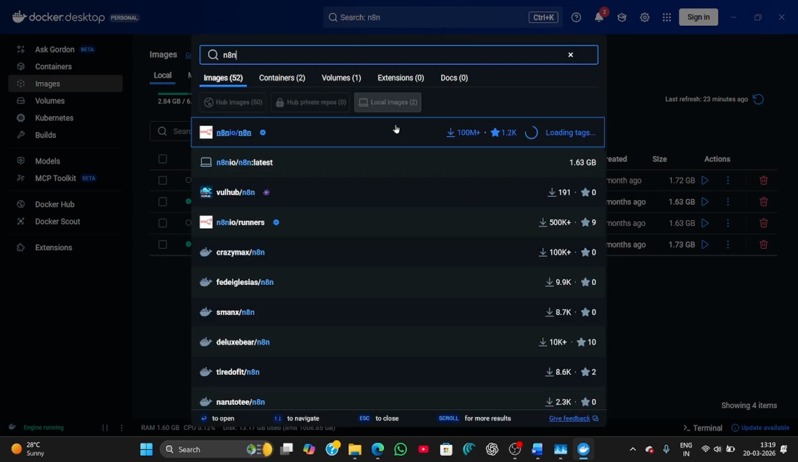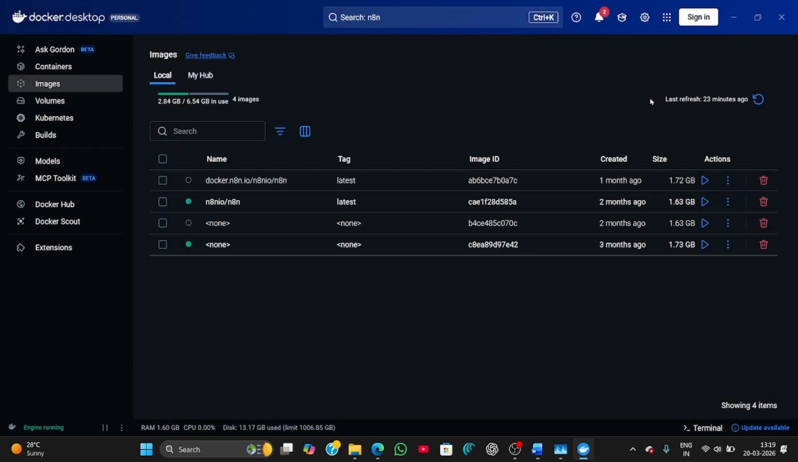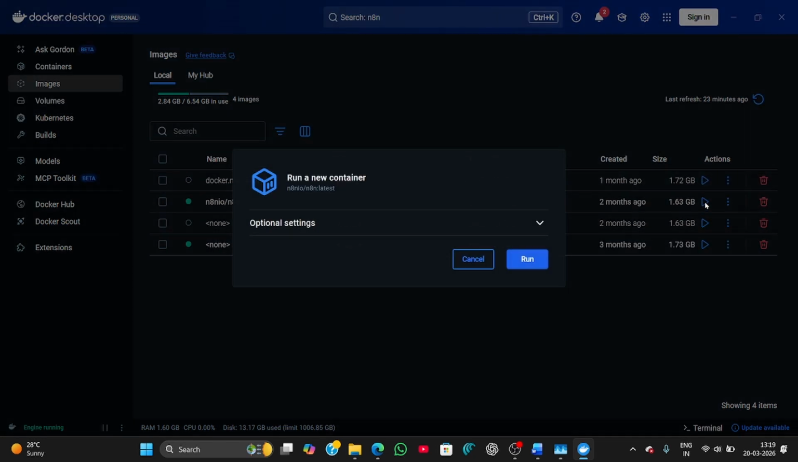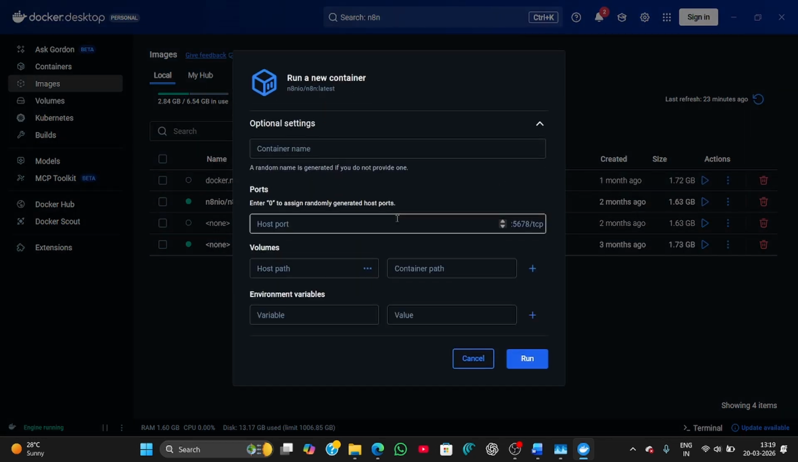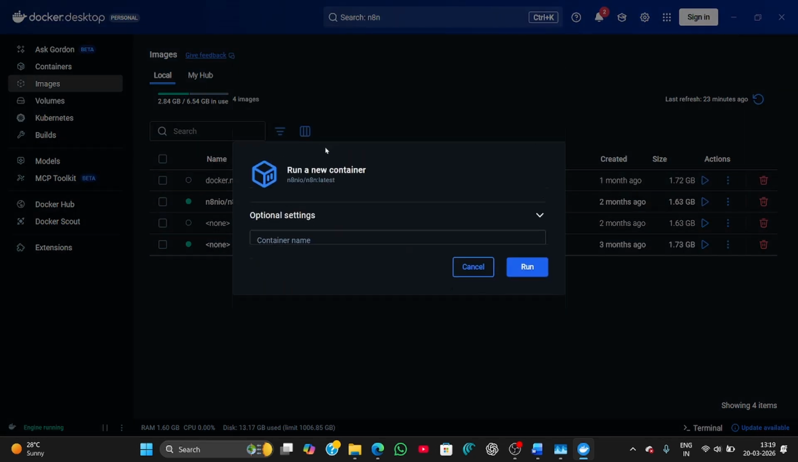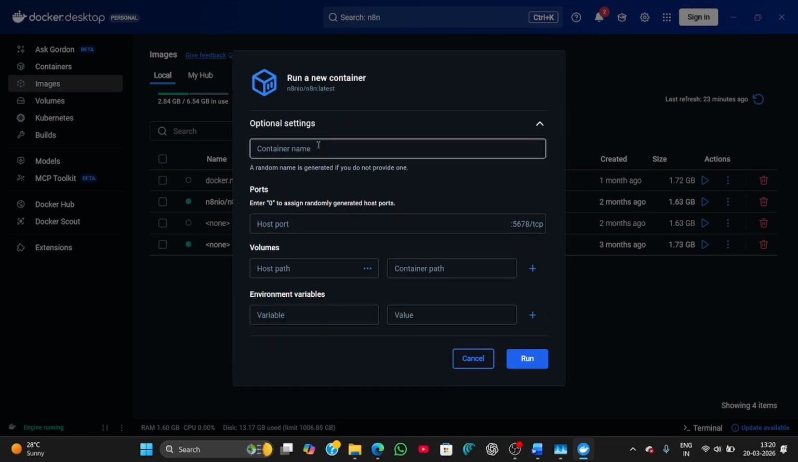n8n, and you will see the top link, n8nio/n8n, and you need to pull it. After pulling it, inside your image file you will see something like n8nio/n8n, and you just need to click on this button. You go to optional settings, container name. You could name it anything,